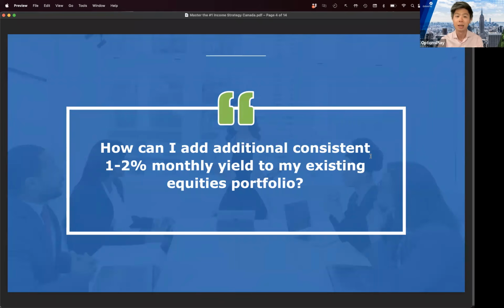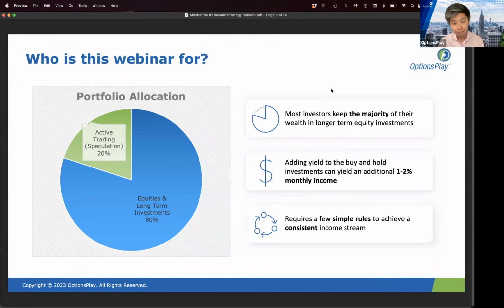And that is the key to what we're here to discuss today, because covered calls are not all the same. We want to make sure you maximize covered calls and get the yield without giving away upside. And that's really the key here. So let's jump right into it.